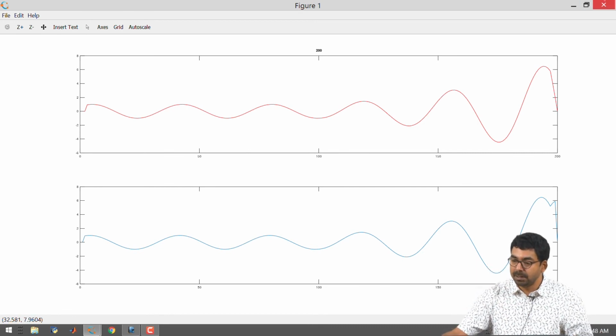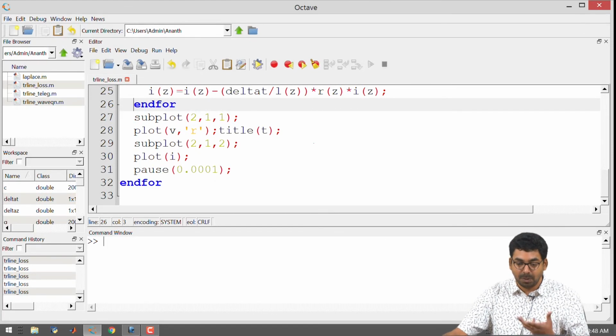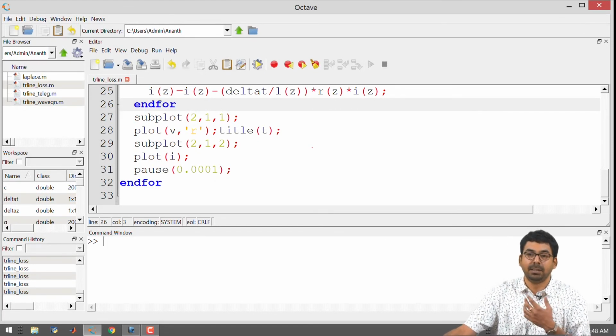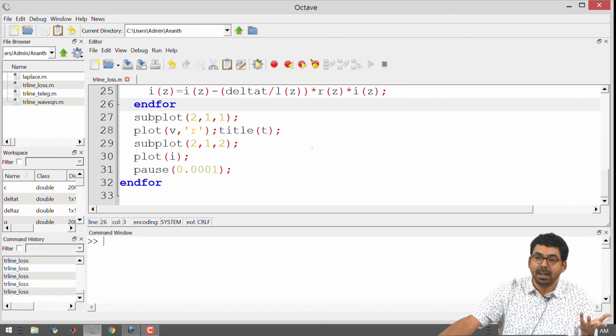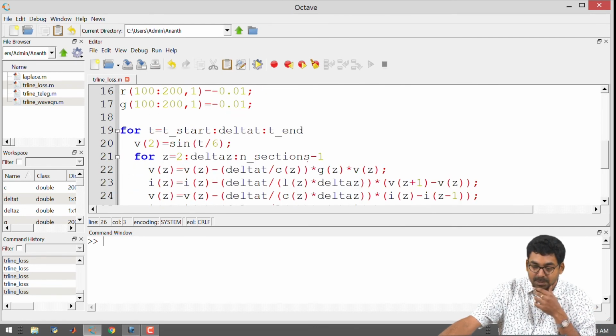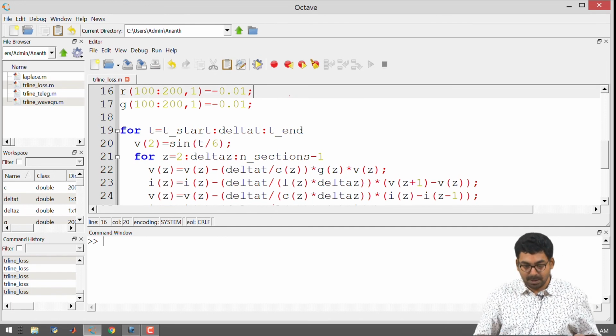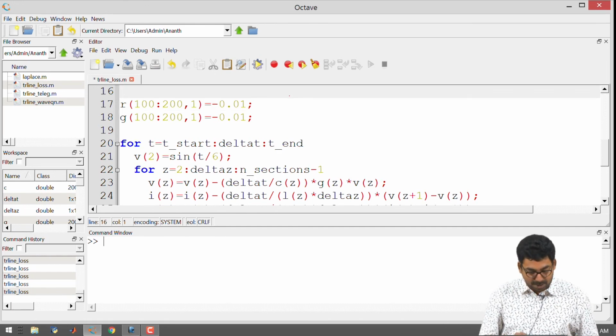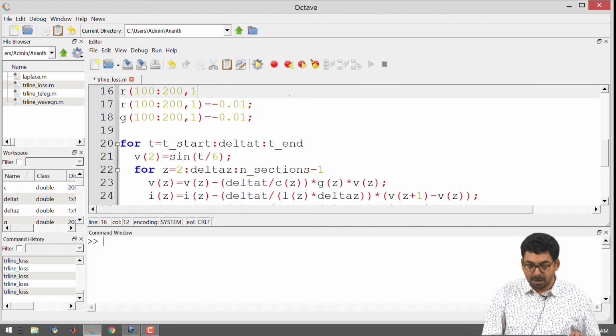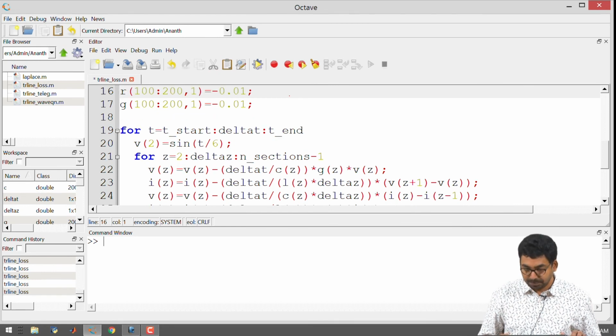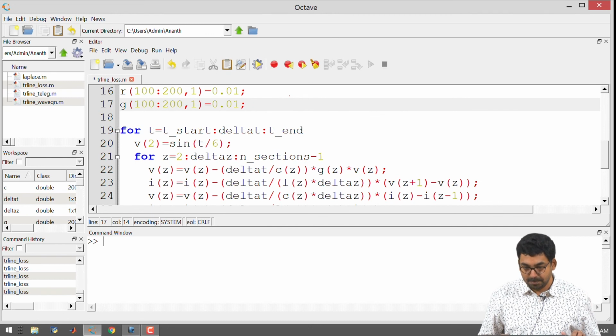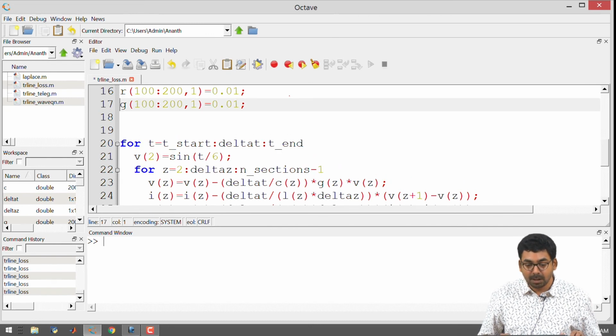Now, in the previous class, one of the questions that a student had was, why do we even need spatial information? Why not just make it with respect to time and not worry about it? The reason I did all these things was just to illustrate that particular aspect. So, what I am going to do now is make R from 100 to 200 lossy in the first section.